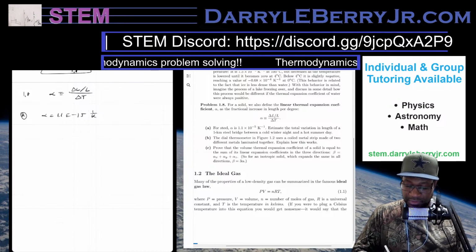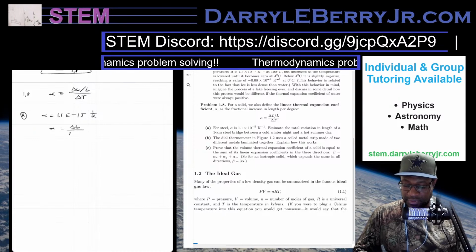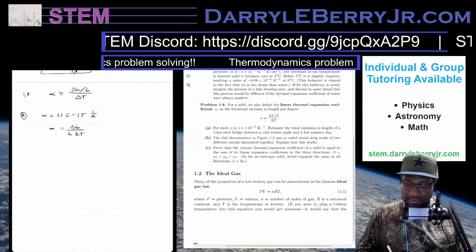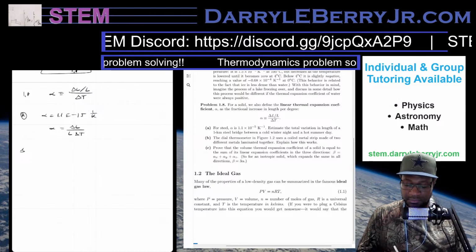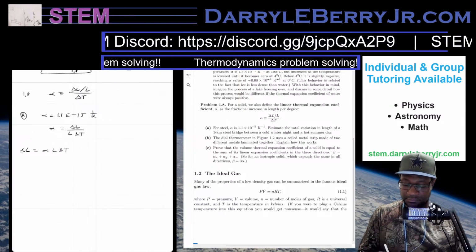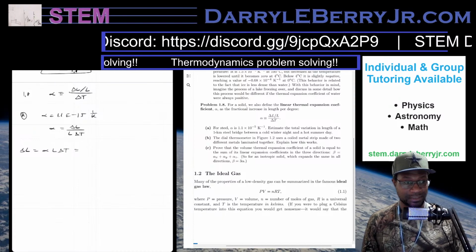So that's going to be alpha equals change in L over L change in T. So change in L equals alpha L change in T equals,